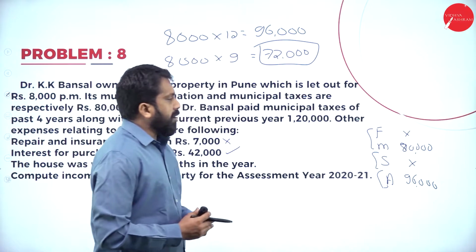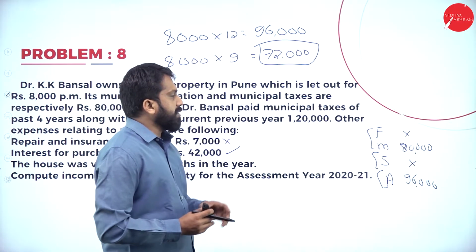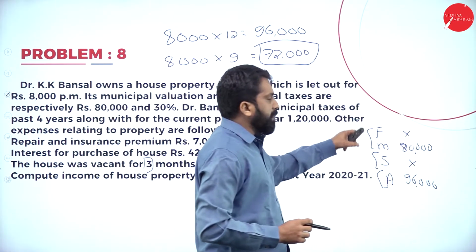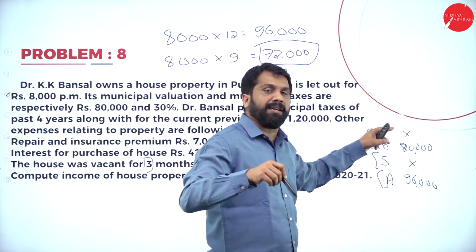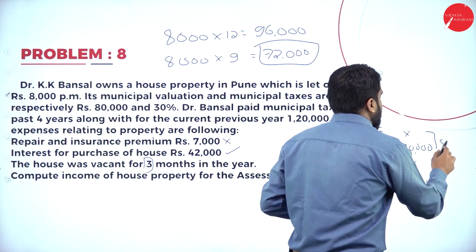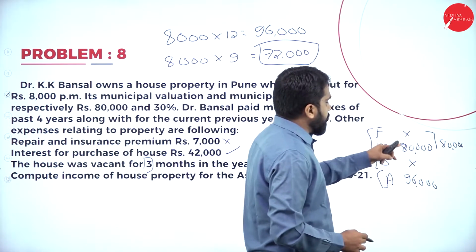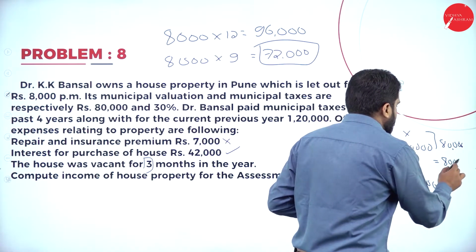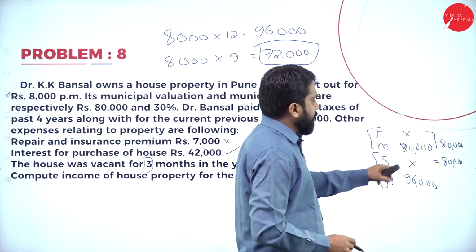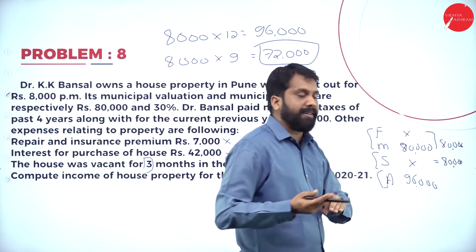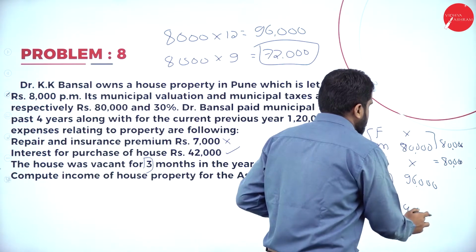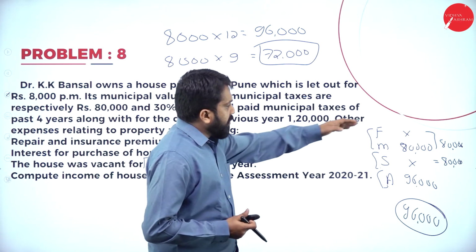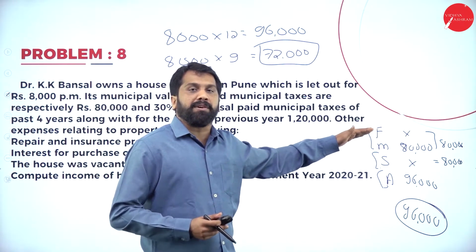Now, they have not mentioned what is the fair value. They have not mentioned what is the standard. Whichever is higher, so we cannot compare only. Why? Because fair value is not given in the question. So we should consider what? 80,000. Whichever is less, they have not given standard. So your answer is again 80,000 only. Whichever is higher, 80 or 96? 96 is higher. So you should consider 96,000 as your net annual value. Any doubt? Whichever is higher, we will not consider fair value because it is not given.